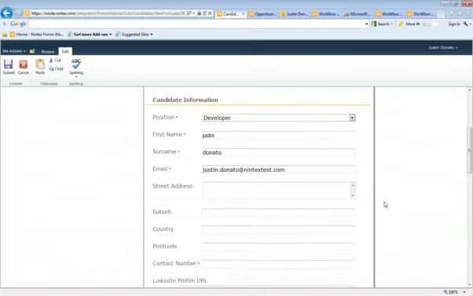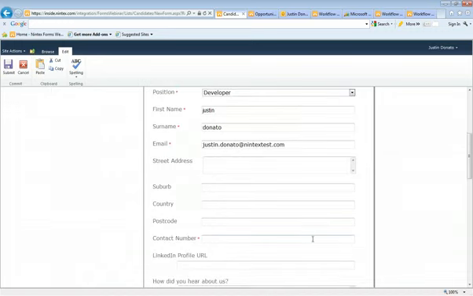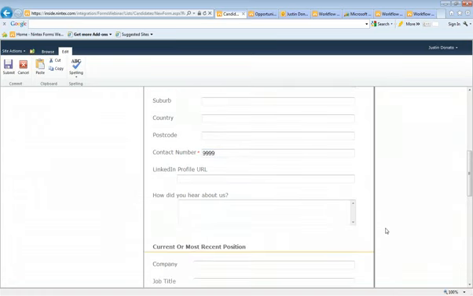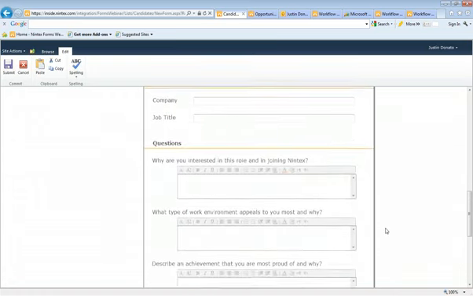So as I scroll down the form, you'll see just some standard user entry fields. Go ahead and put a number in here. Now, I certainly have the capability to go and put a format on that number to ensure I get the number in the right format, or even just to ensure that I do get a number. At this stage, I've just left it open just to get a number in the value. So again, as I scroll down the form, you'll see just some standard data entry fields. And here we have another